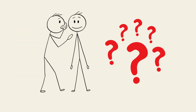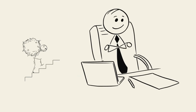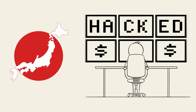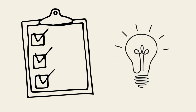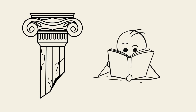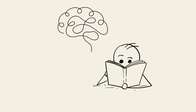So what's their secret? It's not about working harder. It's about working smarter. Let's unlock 5 science-backed learning hacks inspired by Japanese students, and how you can use them to remember everything. You see, traditional study techniques like rereading and highlighting feel productive, but your brain treats them like